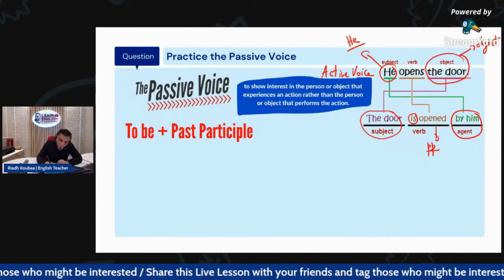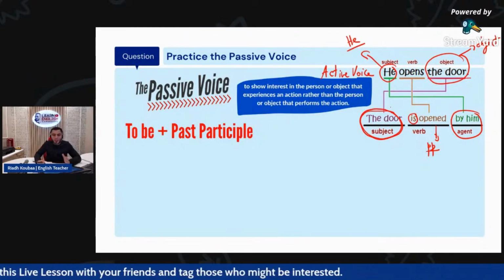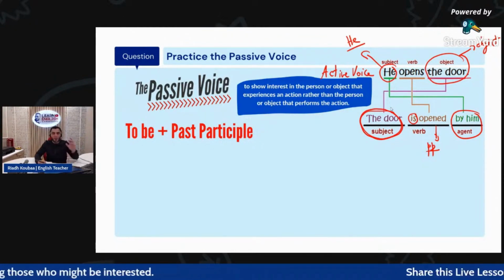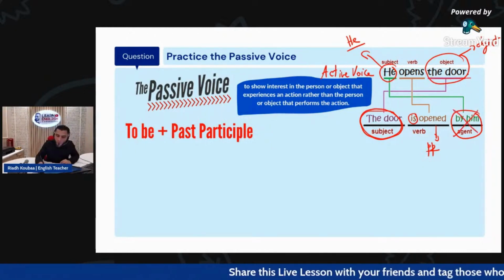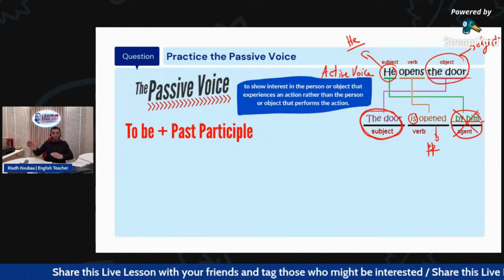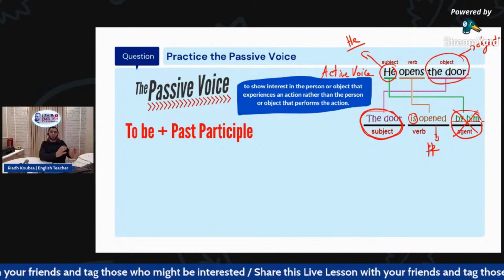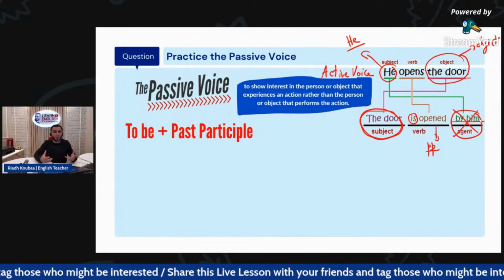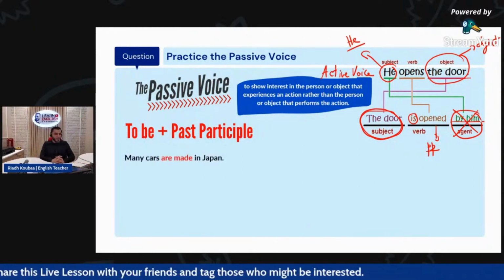So what matters to me here is the fact that the door is opened or was opened. So my focus is on the door itself, not on the person. So I can, for example, stop here and say that the door is opened. The man is killed. The car was stolen, if I want to say. So this is what I want to focus on. So the first example that I have here,